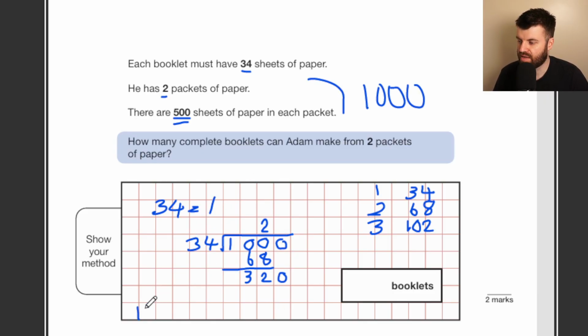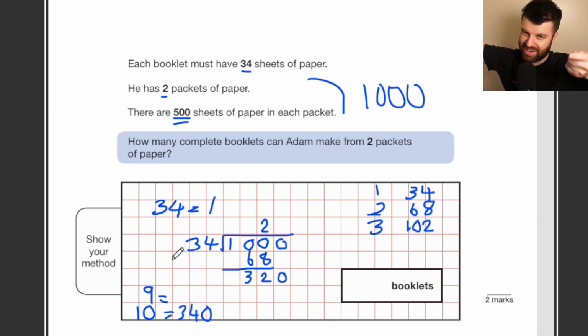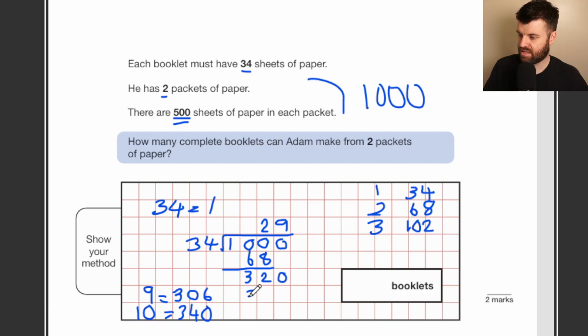Here's where we have a shortcut. 10 lots of 34 is 340. So 9 lots of 34, that's too much, isn't it? 9 lots of 34, I'm going to take away 34 from 10 lots. So I'm going to end up here with 306. 9 lots of 34 is 306. If you don't believe me, you can do 9 times 34, see what you get. But it does work. So that means 306, which means I get 9 booklets, uses 306 bits of paper, and